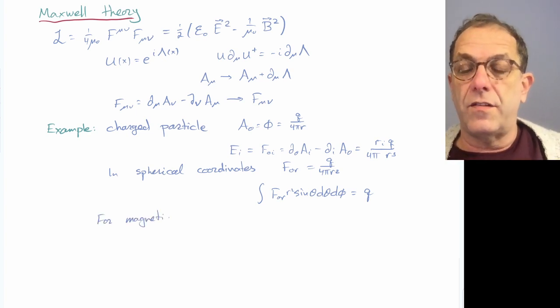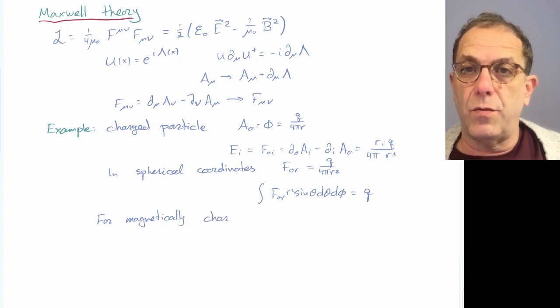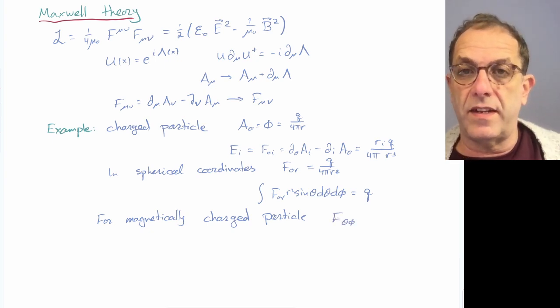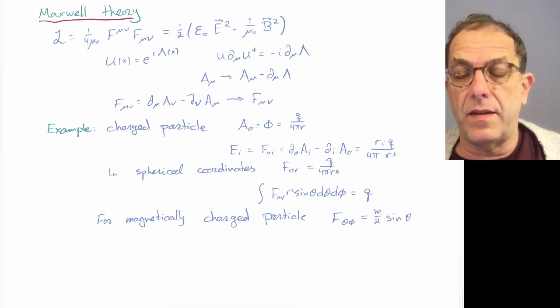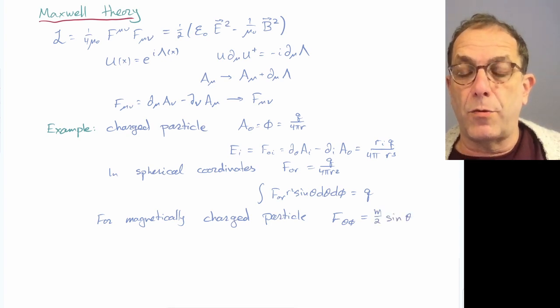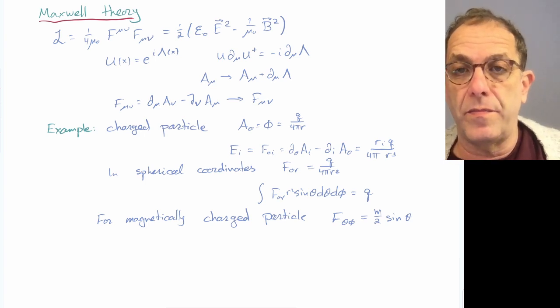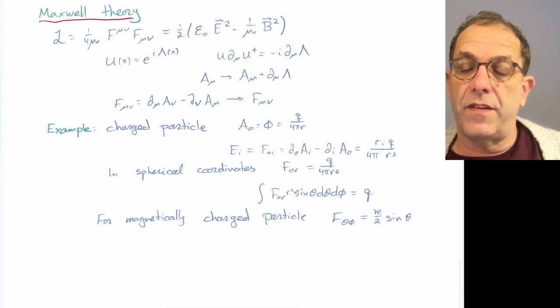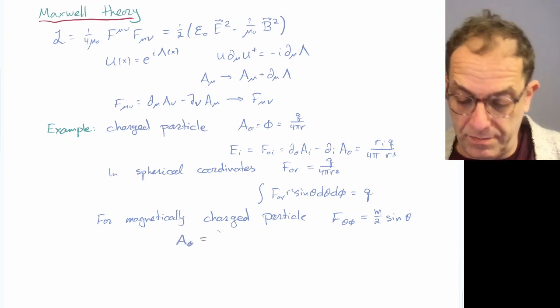If instead of an electric particle we assume we have a magnetic particle, the field strength would be the Hodge dual of what we had before, so it will have components theta and phi and be proportional to the volume form sine theta with a proportionality constant m over 2. We can then integrate it to find the vector potential,